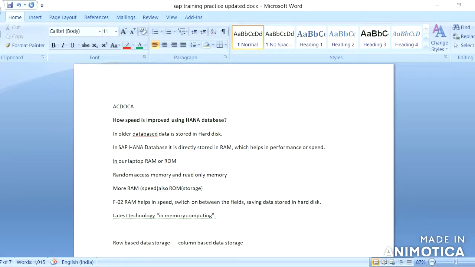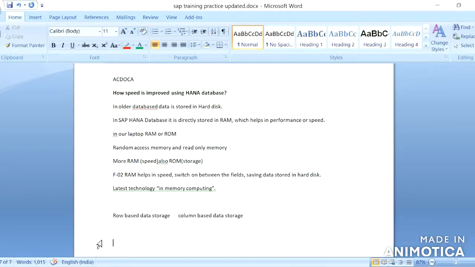So what do you mean by this? In ECC they were storing the data in rows, which meant they needed to read each and every row to figure out the data from the table.